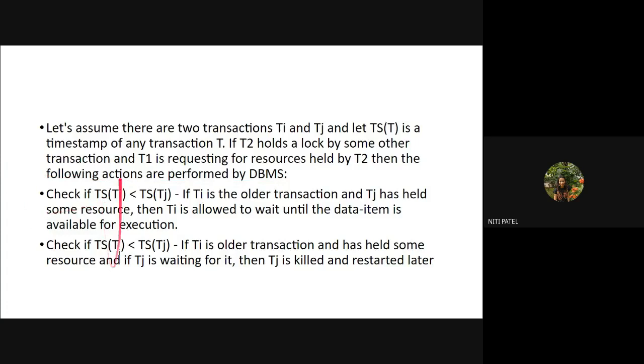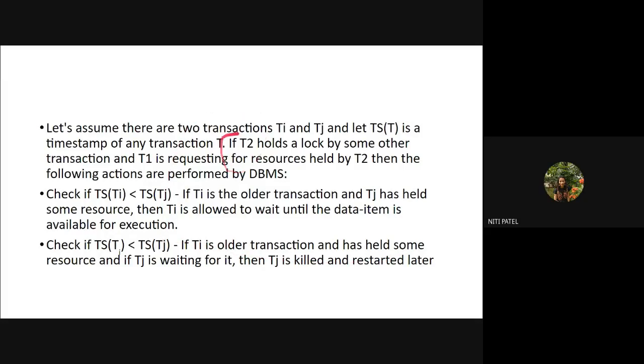So what is happening here? Tj के पास एक data item already है and it has requested for one more data item which is with some other transaction. Now what happened? At the same time, Ti also requested for that data item which is with somebody else. So दो क्या request गई? Tj की भी request गई, Ti की भी request गई, पर मिला किसको? Timestamp check किया, Ti का timestamp older है Tj के timestamp से, इसलिए पहले Tj को मिला and then Ti को मिला. Understanding? Are you all understanding? Yes, ma'am.